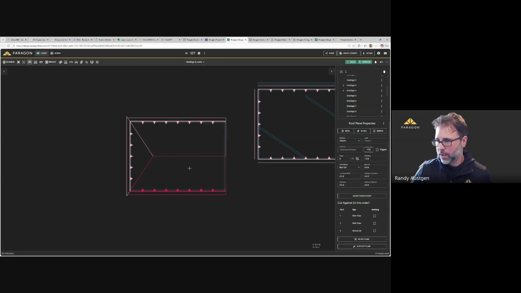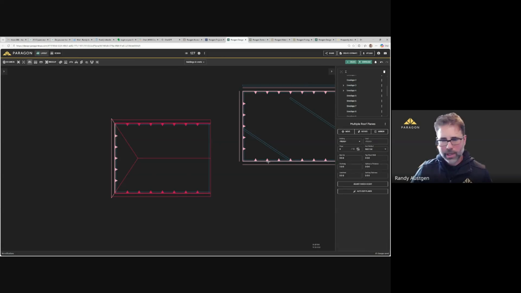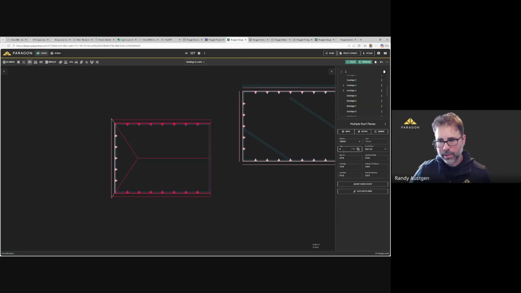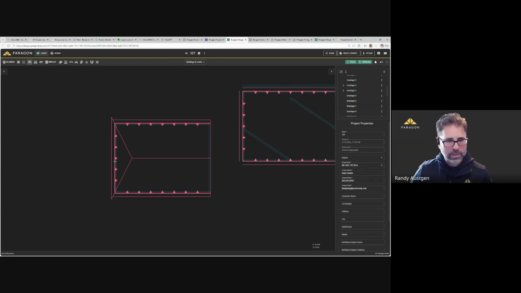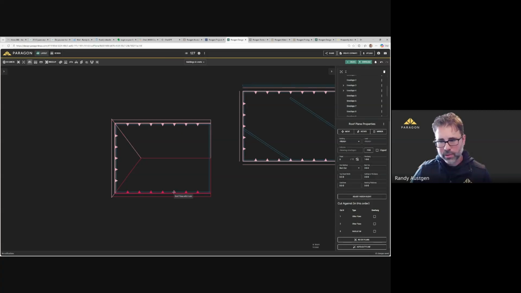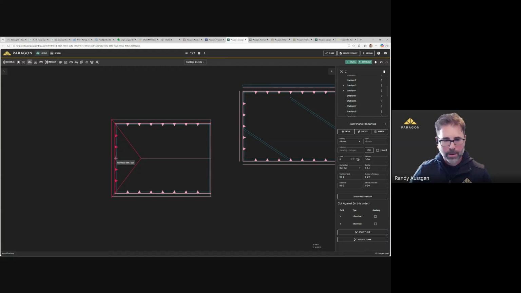We covered the heel height, alt click, auto cut, and the last one to cover is adjusting fascia. I think these planes are 8/12s. I'm going to make the math really easy here: I'll say this one is a 6, this one is an 8. We know the heel height of this was 0'4", if I remember right. And if we want to adjust the heel height so that the fascia matches,